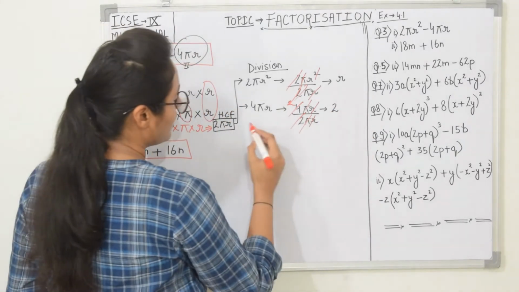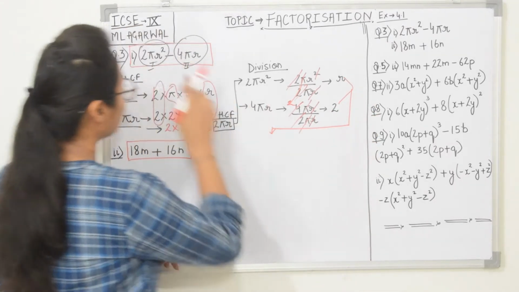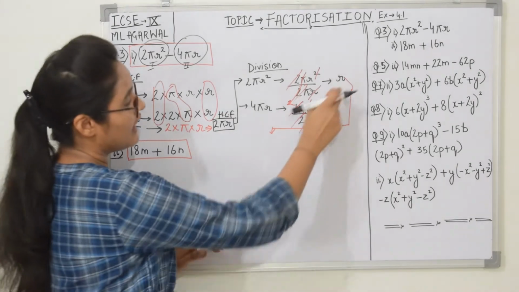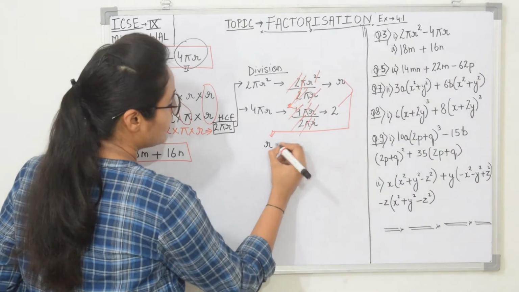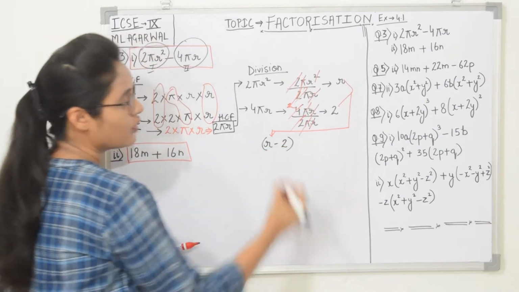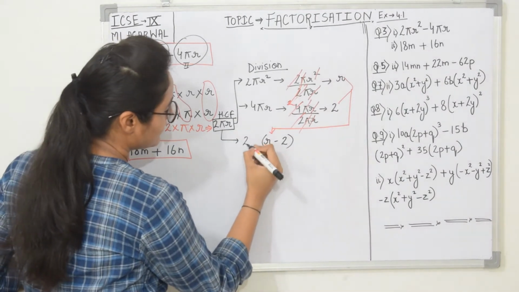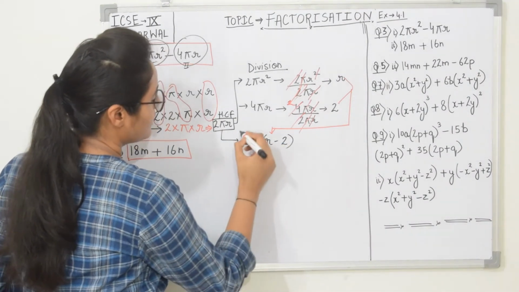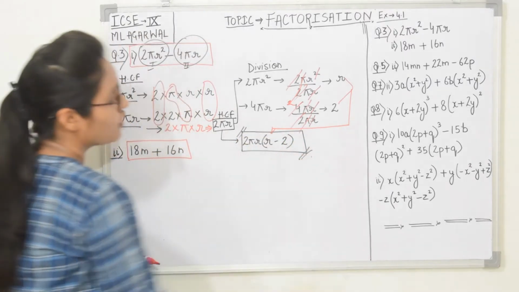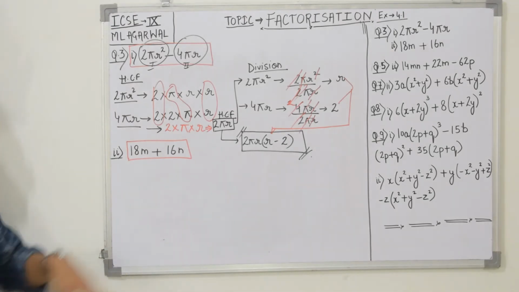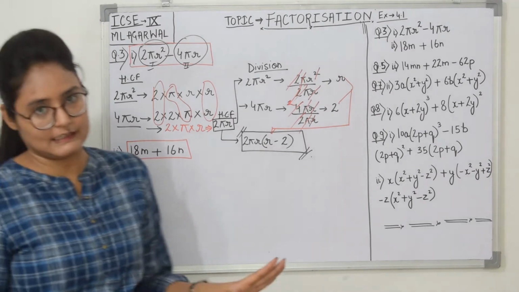Okay, last but not least term was what? Combining these two with the very same sign we were having in the polynomial. So combining r and 2, which were the remainders, we have got r minus 2. You have to enclose it in the bracket, and outside the bracket you have to write down your HCF, that is 2 pi r. So see, I haven't followed any other approach here. I have just followed our same approach and we have just solved it down as it is. So pi is not making any difference here in this question.